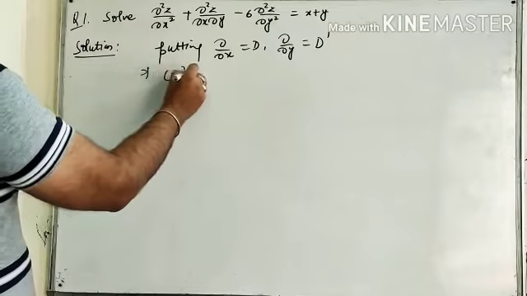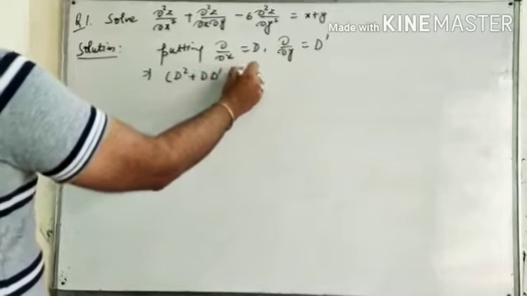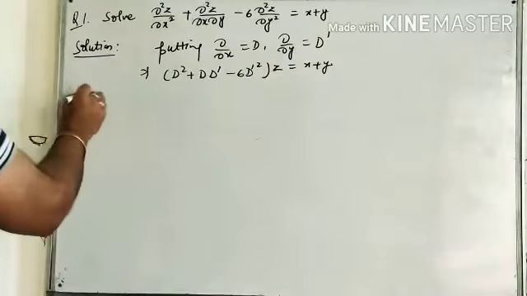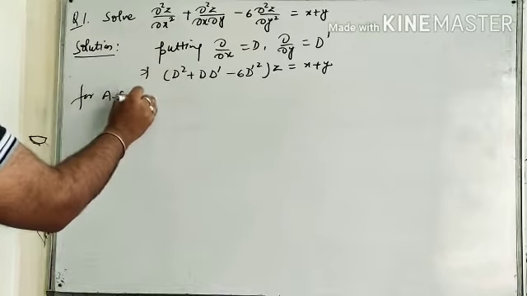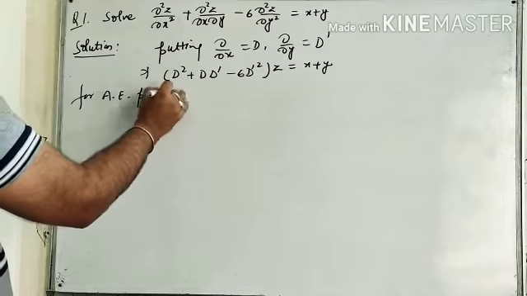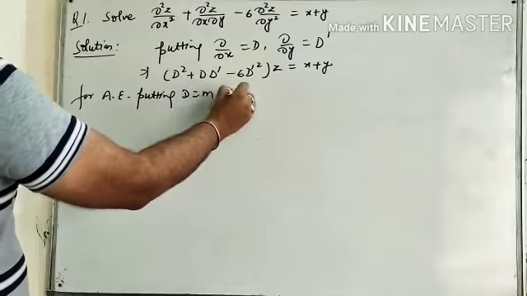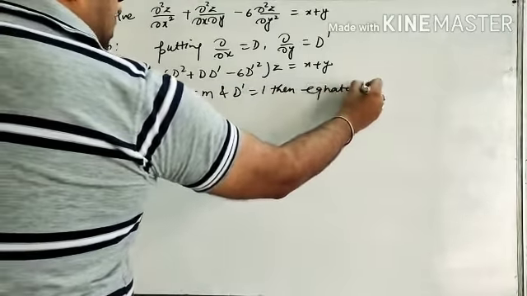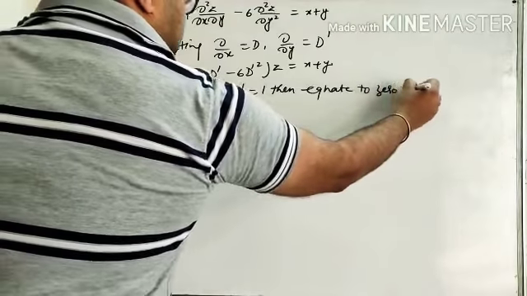So (D square plus D D dash minus 6 D dash square) z equals x plus y. For the auxiliary equation, put D equals m and D dash equals 1,